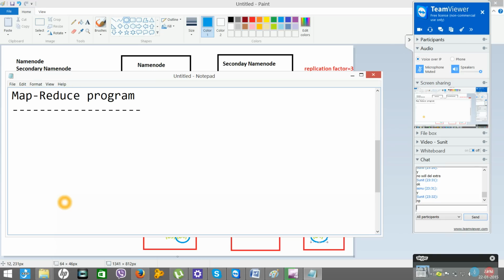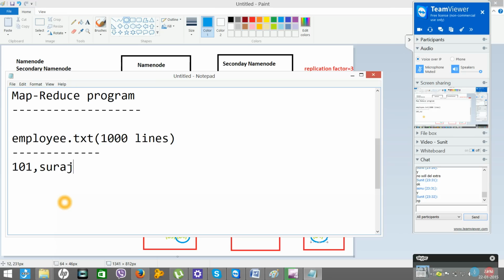Let's say I have a file called employee.txt which contains 1000 lines, and each line contains details like employee ID, employee name, employee salary, employee age.